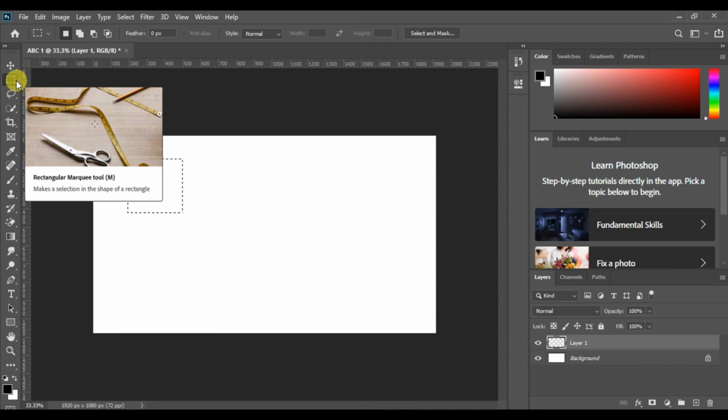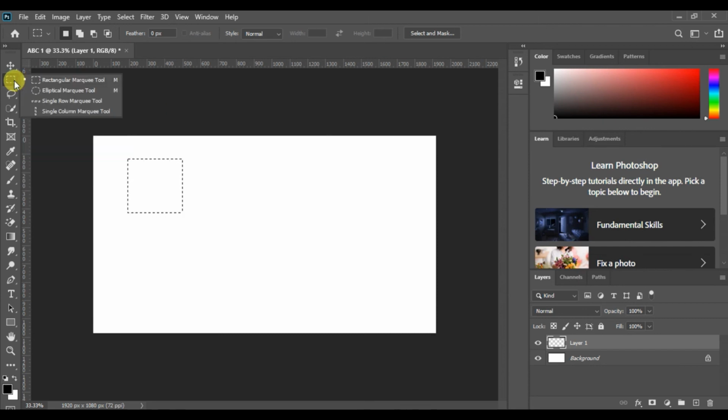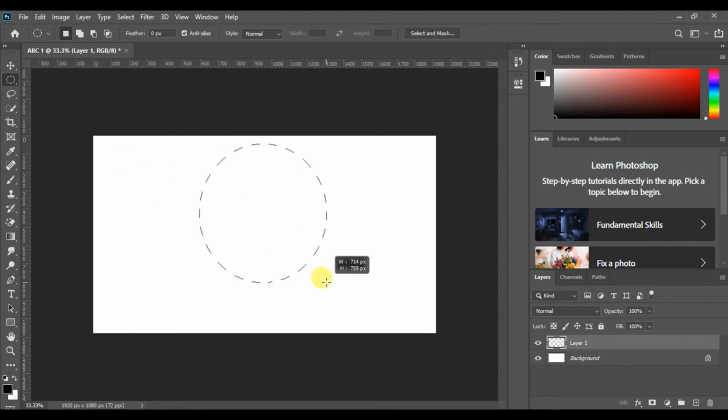The marquee tool has some more options. To check them, press and hold the left click on the marquee tool and you can see the options like ellipse marquee tool, single row marquee tool and single column marquee tool. Let's have a look at them.